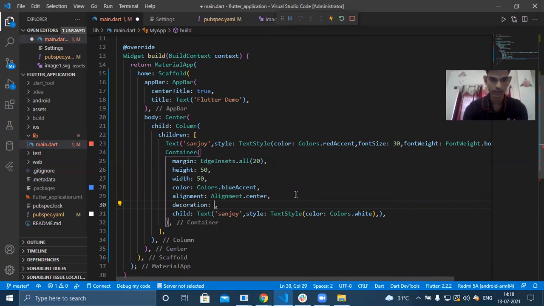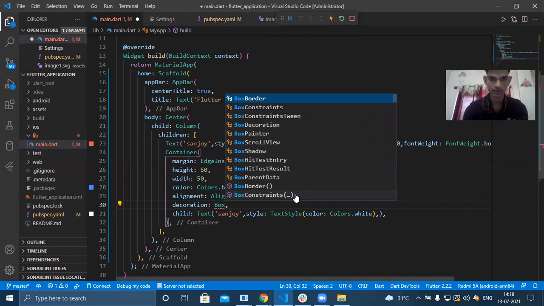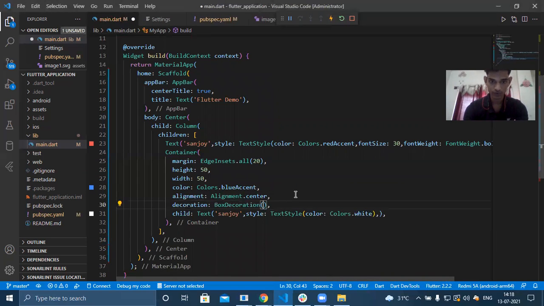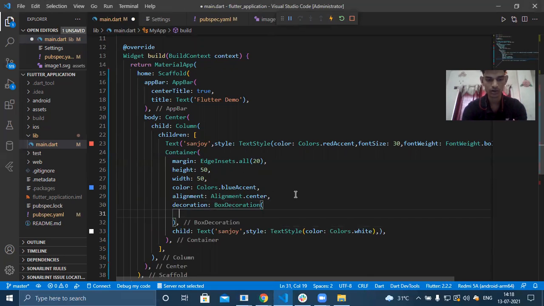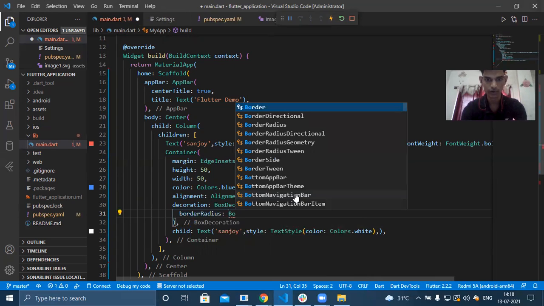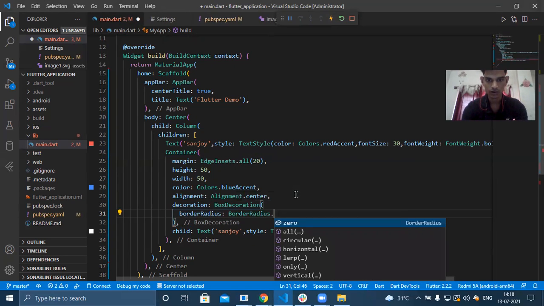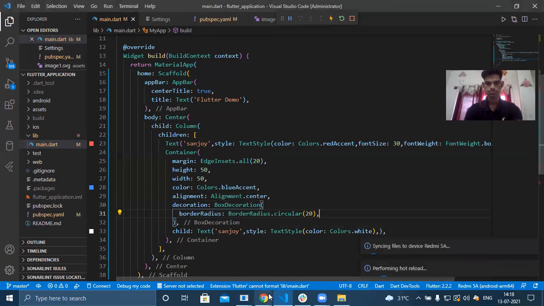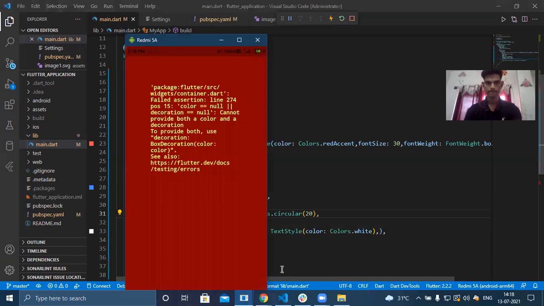This is decoration, and it will take BoxDecoration. There is an attribute called borderRadius, and it will take BorderRadius.circular, and you can give any double value here. I'm going to give that as 20.